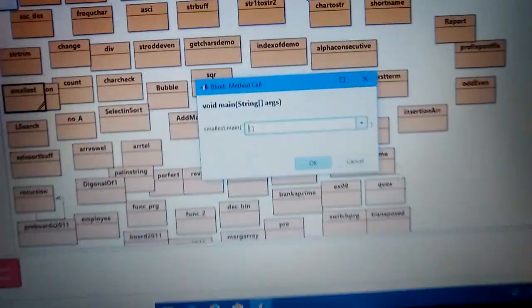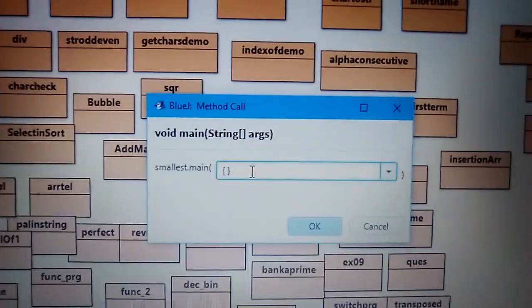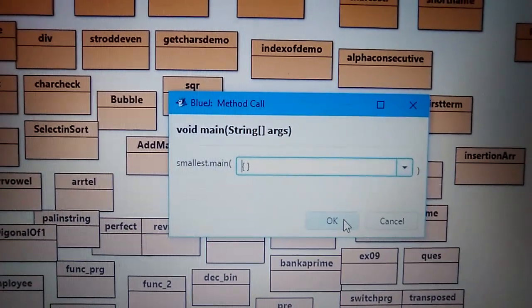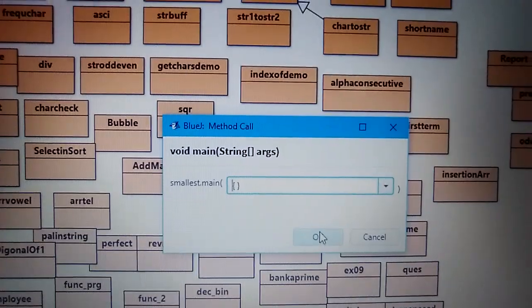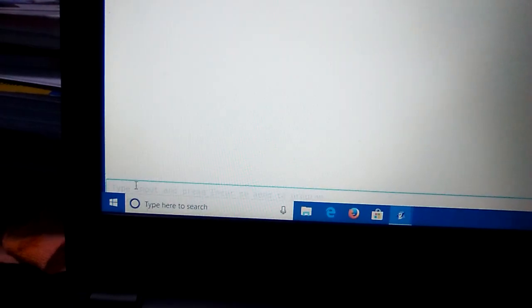So we click on main function and then string args parentheses will come. Don't provide the value here. Click on just OK.